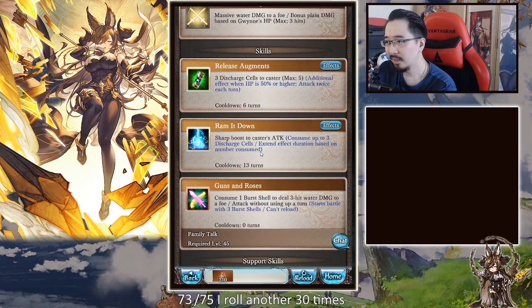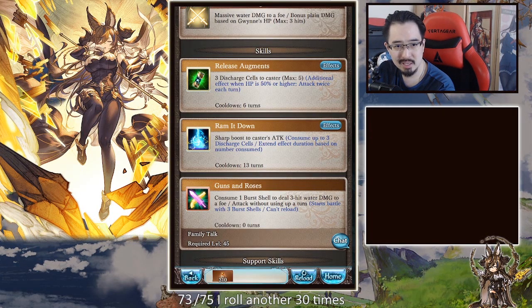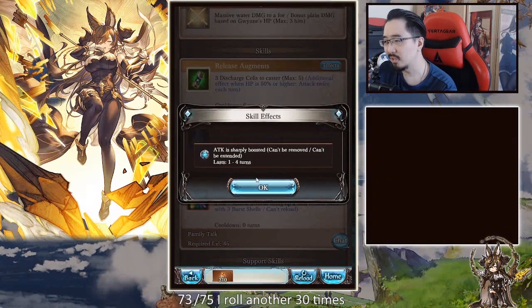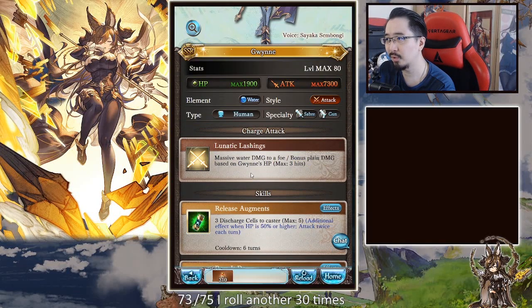The assassin is pretty good. I'm still not entirely sure if it lasts the entire turn, but it does look like it does, because they didn't say it's a one-time thing, and it lasts for 4 turns, right? So it's pretty nice. It lasts for 4 turns, and then being able to get 1.2 million plain damage on Ogi is also very nice, because it's fixed, right? It's just outright fixed